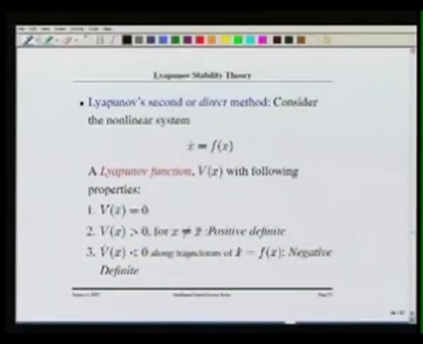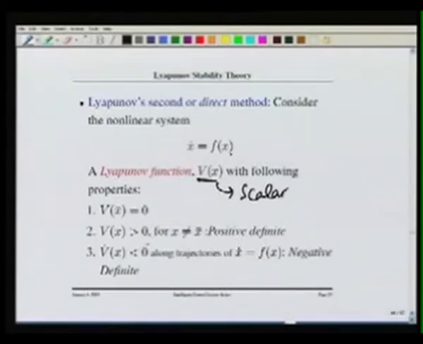Although this is very simple, now we must look for a very nice method of determining stability, which is the very popular Lyapunov stability theory, or Lyapunov second, or direct method. For this x dot equal to f x, we define a Lyapunov function V x with the following properties: this Lyapunov function at the origin or at the equilibrium point is 0. This Lyapunov function is a scalar function,